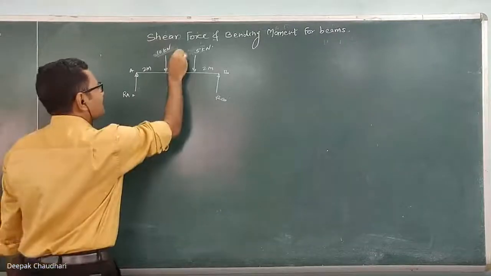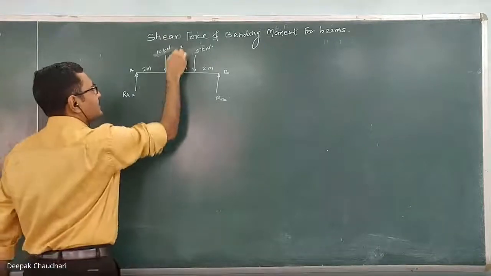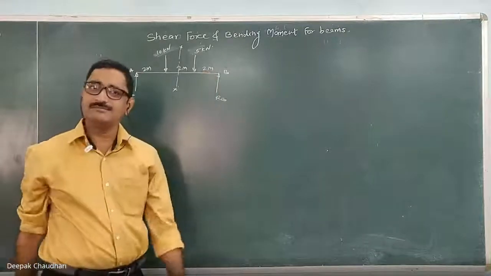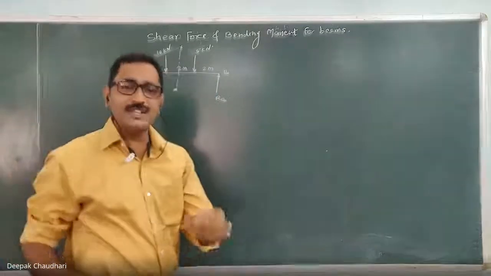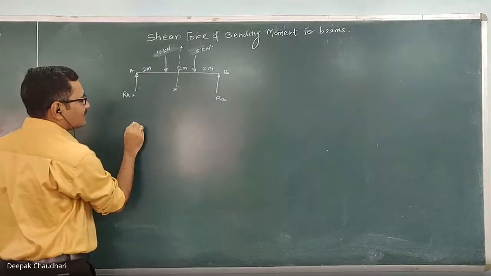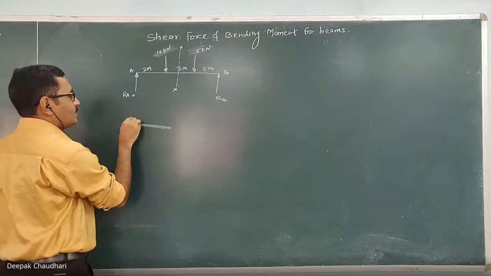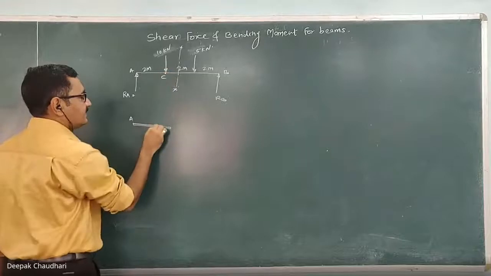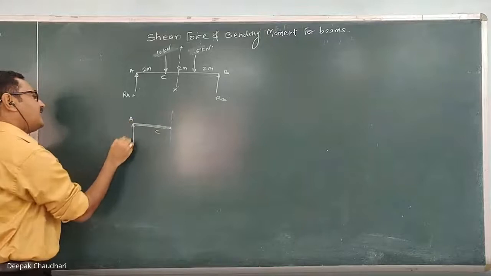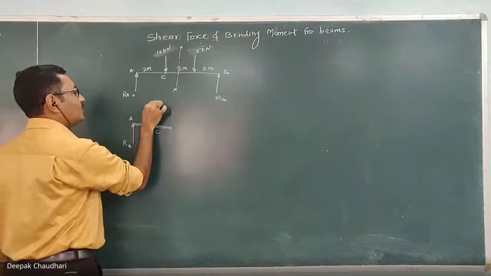Now, let's consider a section of this beam. Let's consider this section XX. The concept is that if the entire beam is in equilibrium, each and every part must be in equilibrium. So if I consider the section XX and draw the FBD of this left part, this is the beam. Here, this point is A. Let this be C, and let this be the section XX. At A, there is RA, whose magnitude we can calculate, and at point C, one 10 kilonewton load is there.